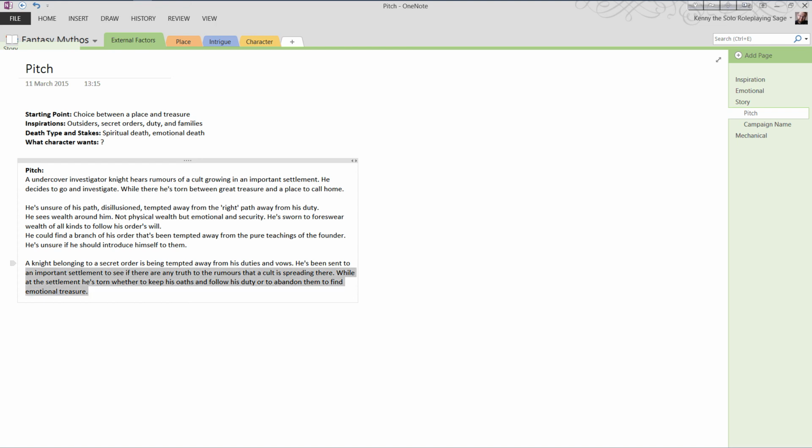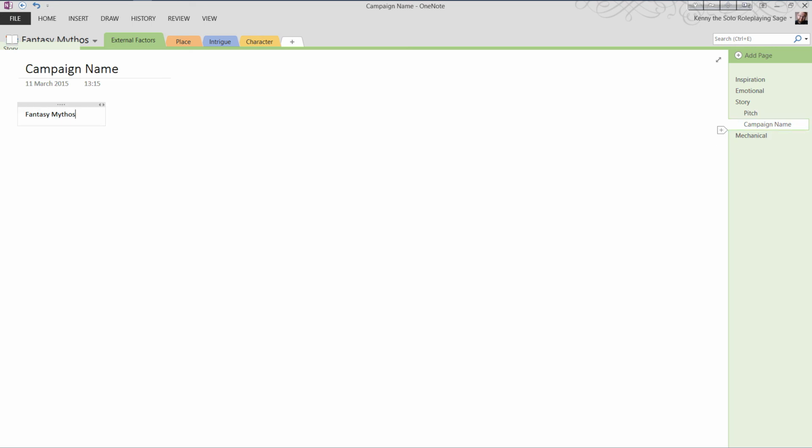I think that last paragraph here is quite a lot stronger than the first one there. It's got some conflicts in there, quite interesting conflicts, which I'll be interested to follow around. It's got a nice mix of everything in there, and I can see myself building a campaign around that quite easily. The next thing to do is create a campaign name. At the moment, I have no idea what to call this campaign. I've been thinking about it. So to make it nice and simple at the moment, I'll just call it Fantasy Mythos. I will come back at a later stage and rename that.